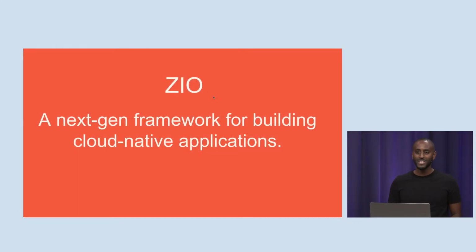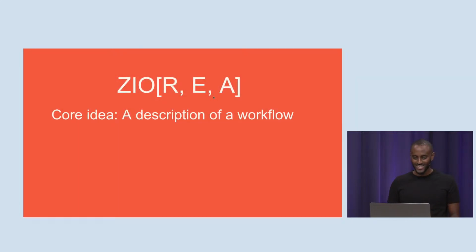And as we all know, any language is dependent on its ecosystem, and ZIO is a next-gen framework for building cloud-native applications in Scala. ZIO is kind of a new library. It's been around for a few years, but it has its 2.0 released a couple of months ago, and it's been rapidly growing in popularity. ZIO has seen a lot of growth this last year, especially after being a challenger of the status quo from ZIO 1.0.